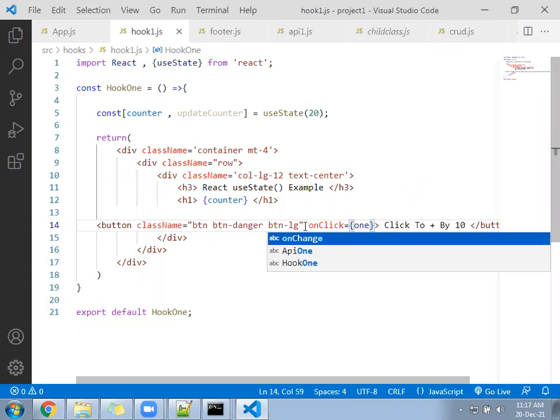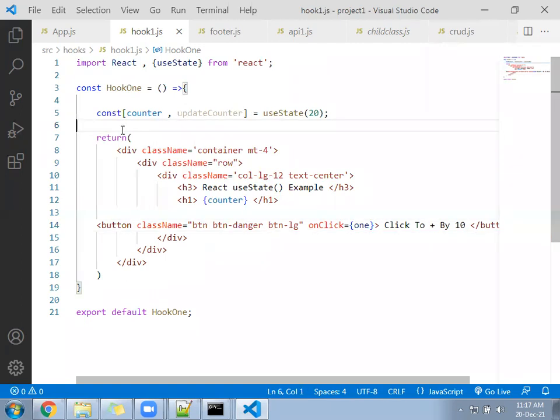So directly we can call the variable name. Function one.